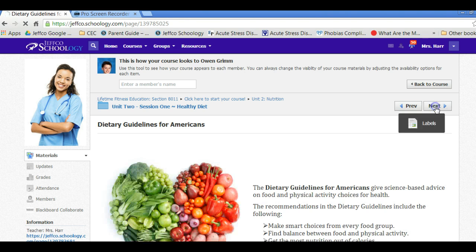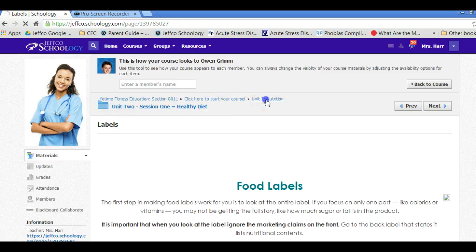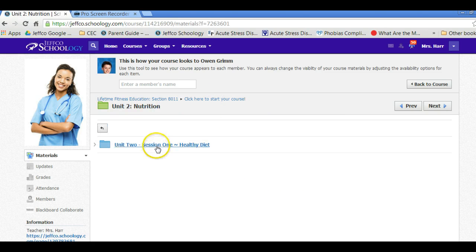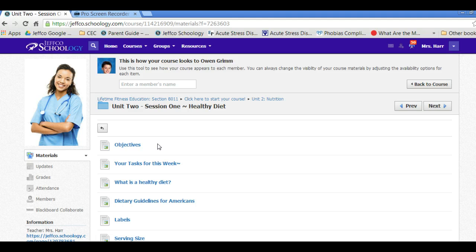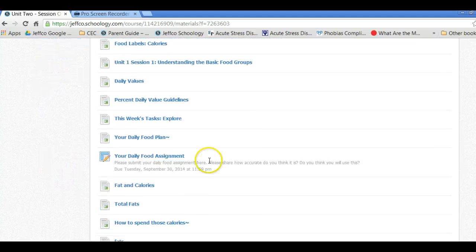Pictures, it's taking some time to show up. So they move through, and they can see all the things that are given in that unit. Now, one thing you can do is look at your unit like this. The pages that we just went through are objectives, and they can look at it like this. Let's say they're working away and they stop right here. Rather than have to go through next, they can go right here to jump around. Any discussions, any assignments are all right here.